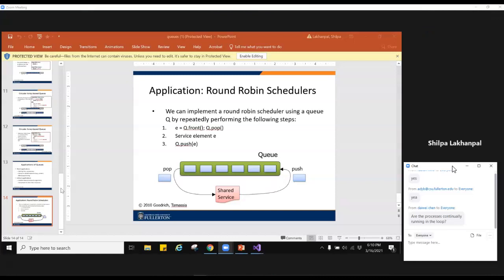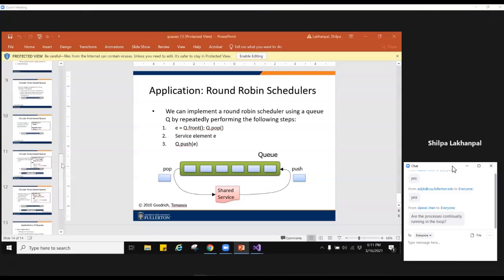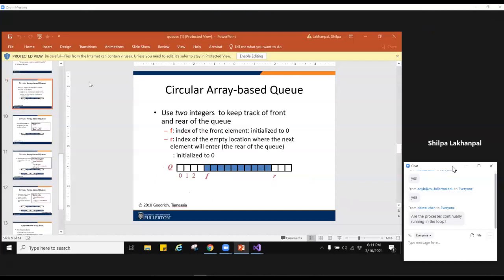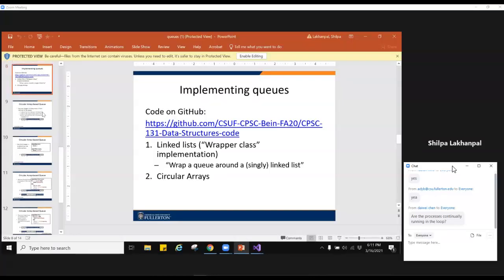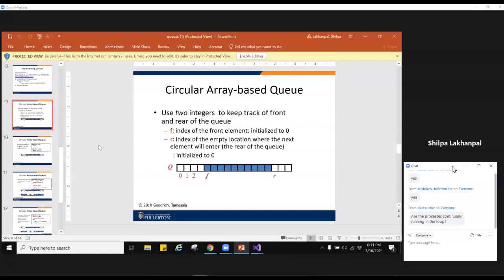We can now go on to the circular array-based queue implementation. In a stack, we had just one variable, the t, but in here we will have two variables, an f and an r.